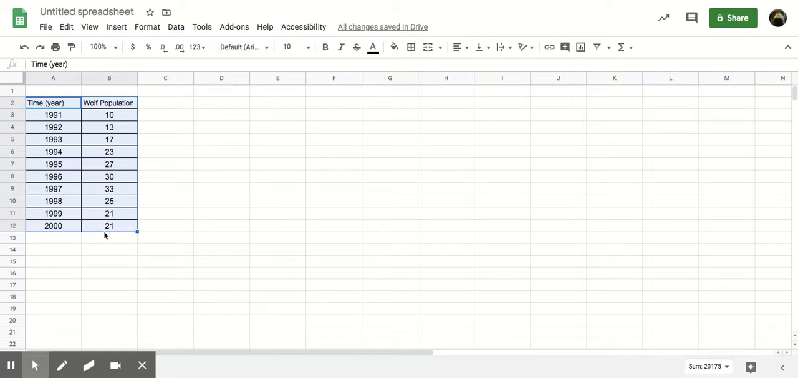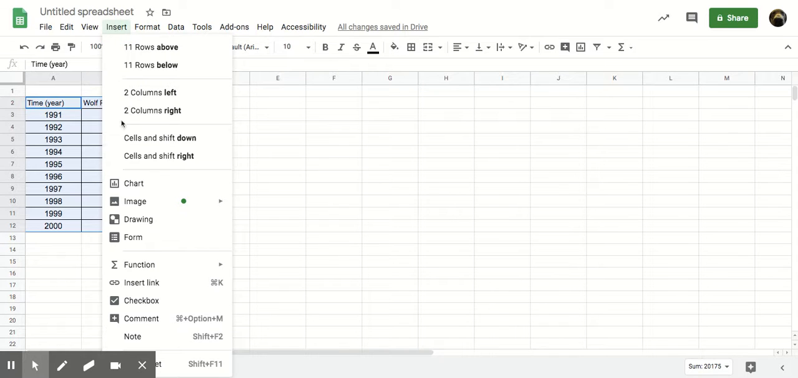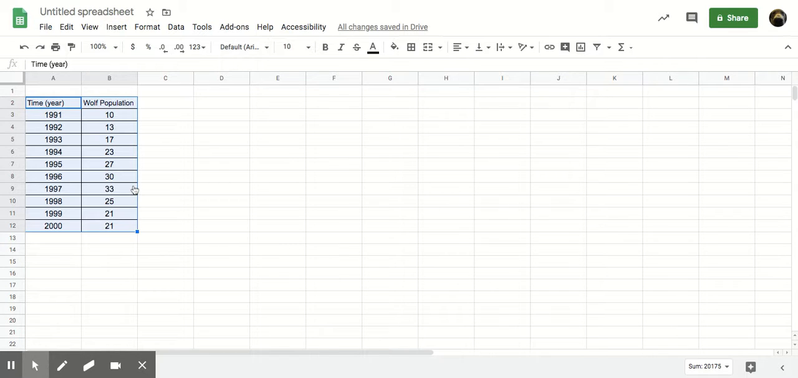Okay, and to highlight in Google Sheets, you want to click on the cell that you want to start with, and then you can just click and drag to highlight all of the cells that you want to graph. And then we're going to go to Insert, Chart,